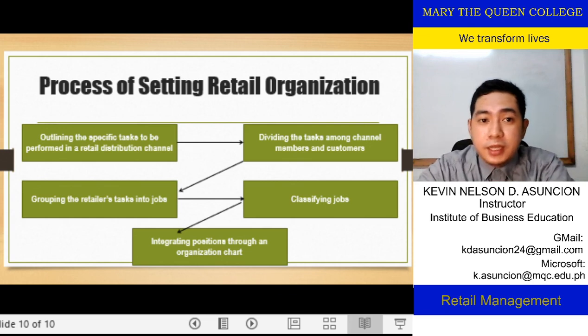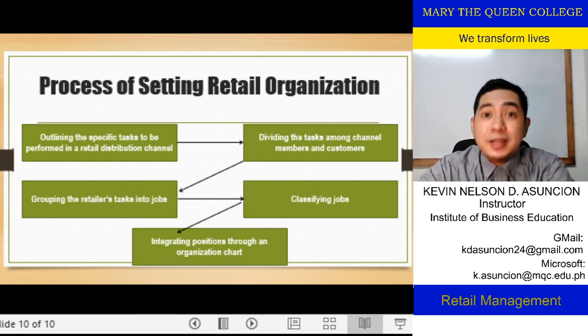So this is an application of our other topics in retail management, that you need to go back to your human resource management subject. So putting the right person in the right job, because there's a specific job to be done in a specific activity. It depends on the budget. That's why there are multi-description jobs for the workers.